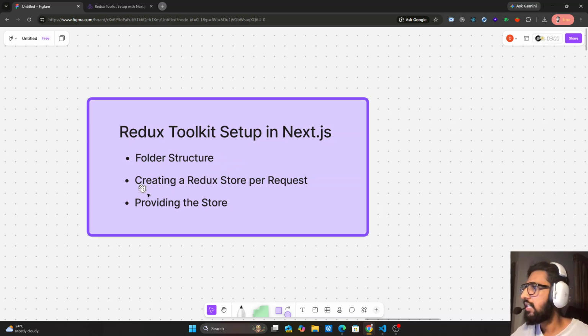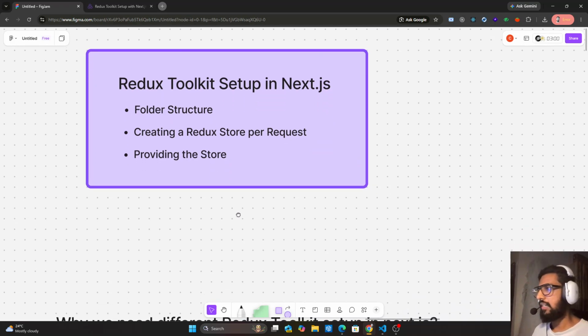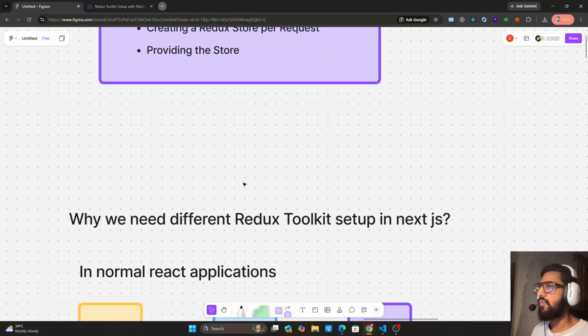And creating a Redux store per request. So we will see in a couple of minutes what this line means, and next we are going to see providing the store. So let's see. So before moving forward,